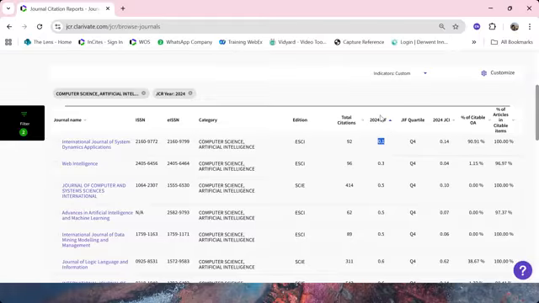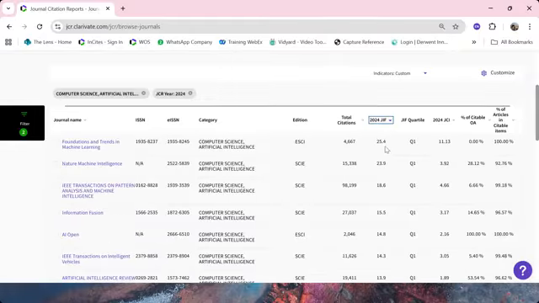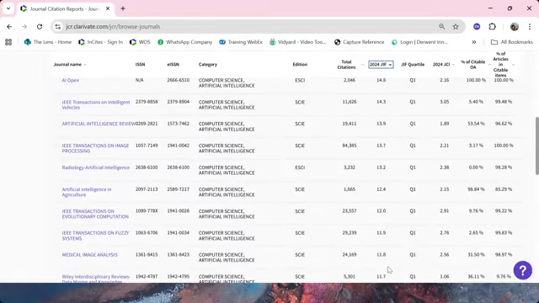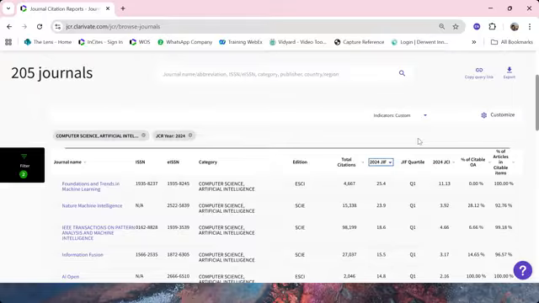So between 25.4 and 0.1, we will cut the JIF range into 4. So the top 25% of the JIF will be your quartile 1 journals. Subsequent 25% will be then your Q2 journals and so on. So that's how we determine the quartile, right?